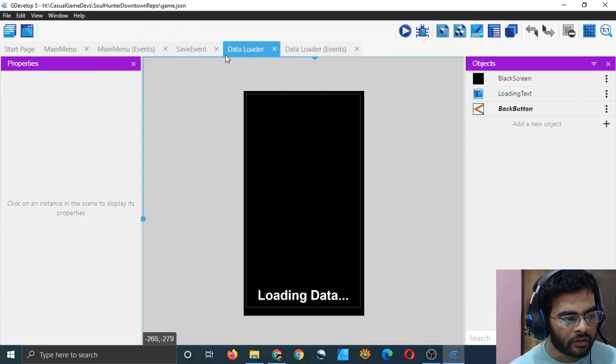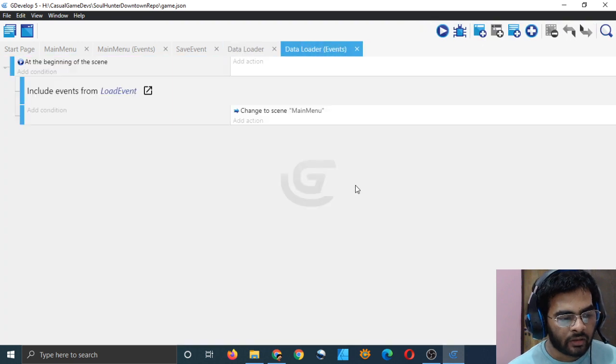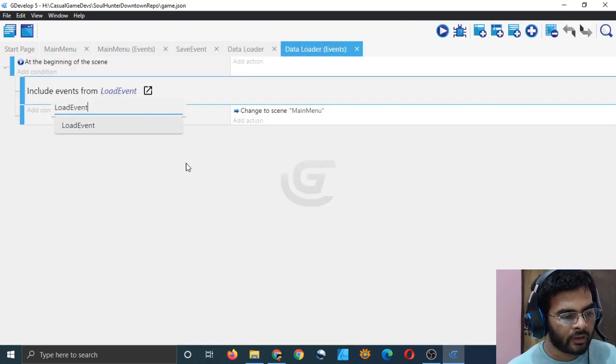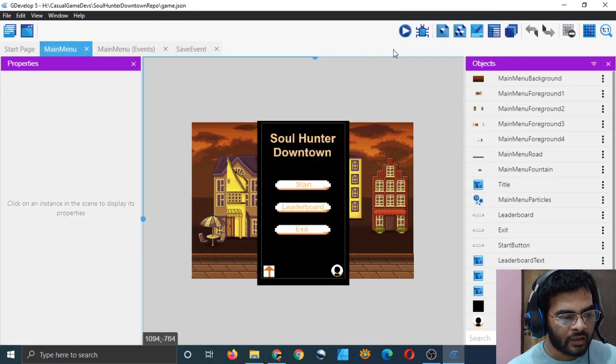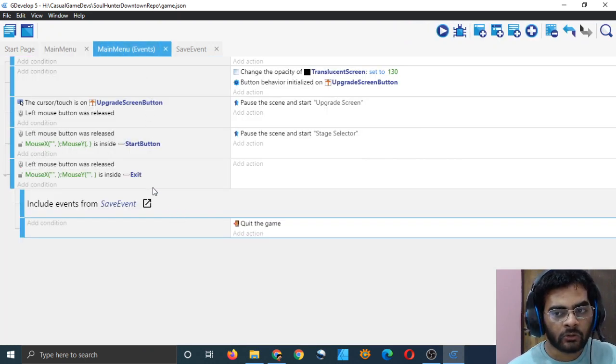Now I will not start from data loader. When I do that, the data from the file will not be loaded, so I will start with default values. I want to check whether my save event is working from inside the main menu or not.